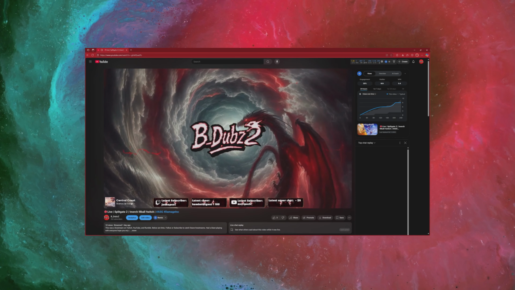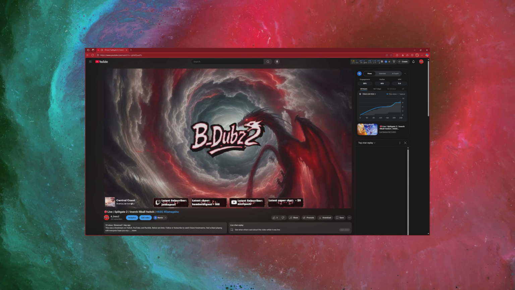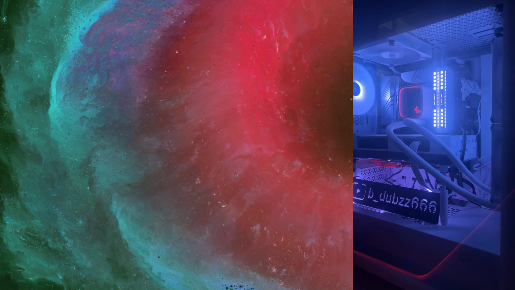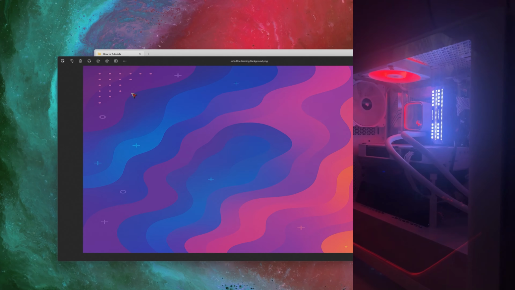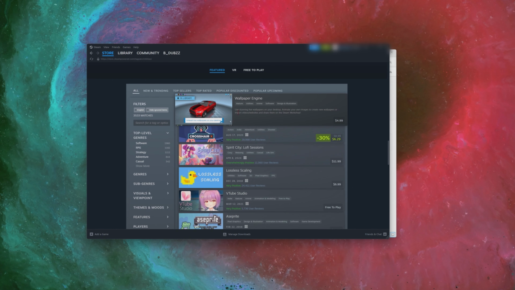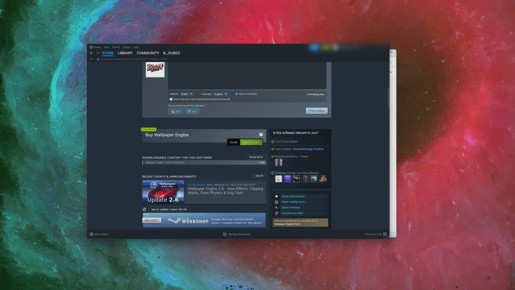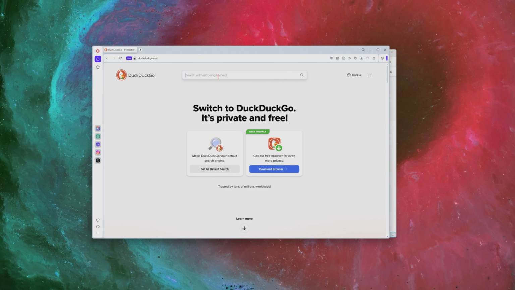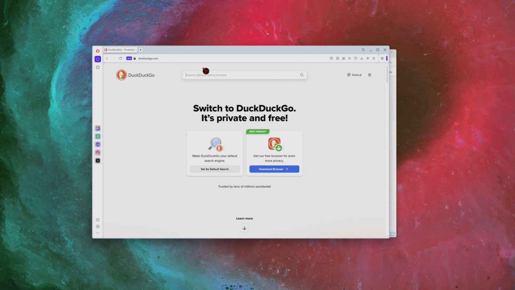To get started making animated overlays like the one you see here following this tutorial, you'll need the following: a PC, a logo, a picture that you want to animate for the overlay, and finally Wallpaper Engine, which is $4.99 on Steam. With all that out of the way, let's start by opening up our favorite search engine and typing